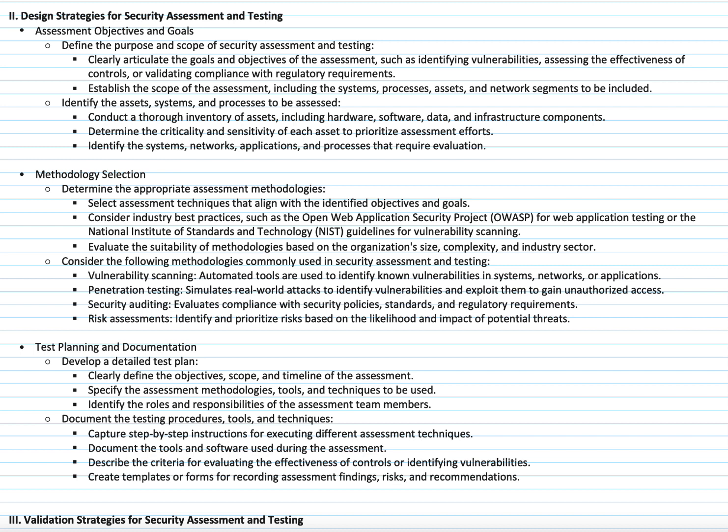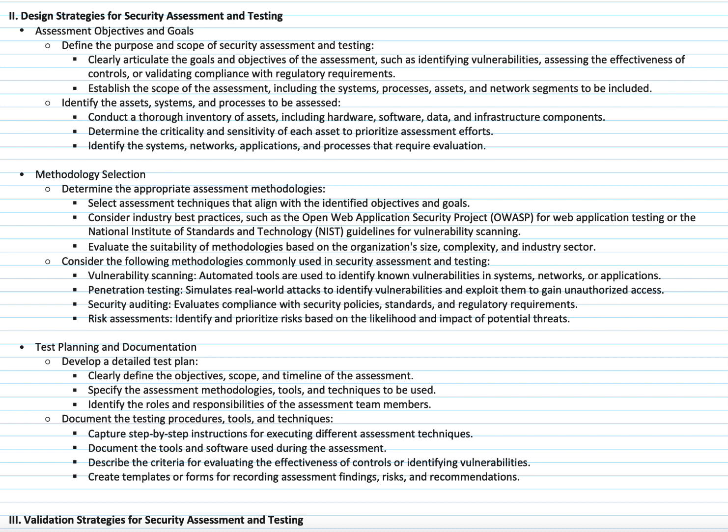One of those goals could be assessing vulnerabilities, or it could be the effectiveness of the controls, or it could be just to meet the compliance and regulatory requirements that are associated with it. So you need to define the purpose and the scope of the security assessment itself. Then you need to define what are the assets, systems, and processes to be looked at. So you may have a situation where, you know what, we're not going to focus on AWS. We are going to focus only on on-premises servers that are sitting in X location,